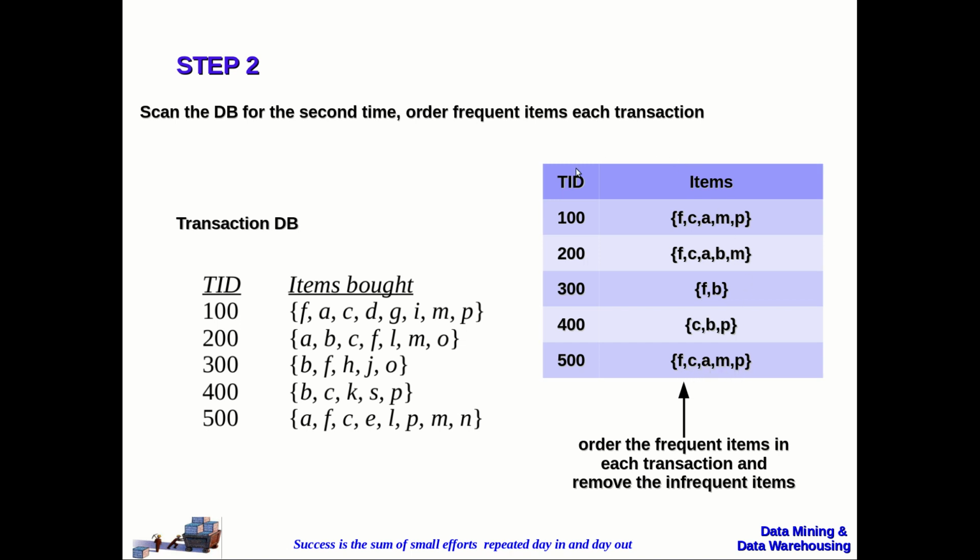This is your reordered frequent items based on their support count value. All the infrequent items are removed from the transactions. Now your transactions have only the frequent items. All the single item frequencies are calculated. We consider only the frequent items for the transaction. So all the infrequent items from the given transaction database are now removed for the construction of the FP tree. Please make a note of it.